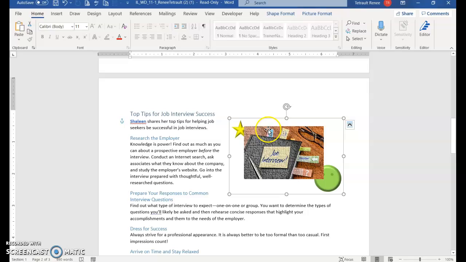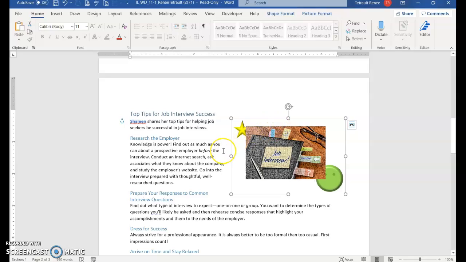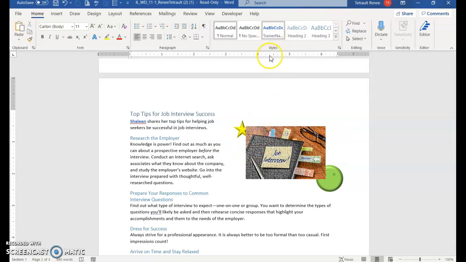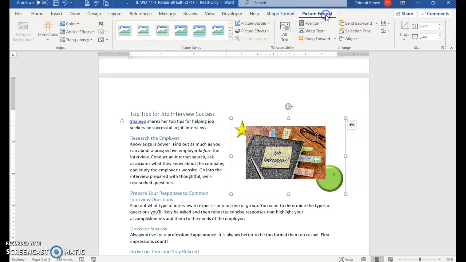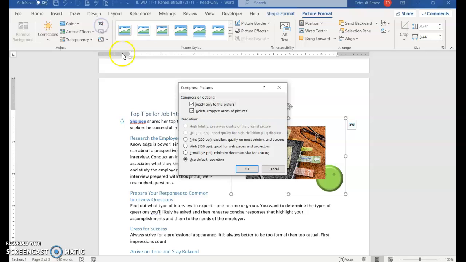The next thing we're going to do is what's considered compressing a picture, especially if your document has a lot of pictures. You want to compress it so that when you go to share or send it, the file is smaller, because pictures take up a lot of space. You're condensing it, and it'll probably be sent without any problems. So with the picture selected, again, click Picture Format, and there's actually a button called Compress Pictures, and then you'll make sure that you